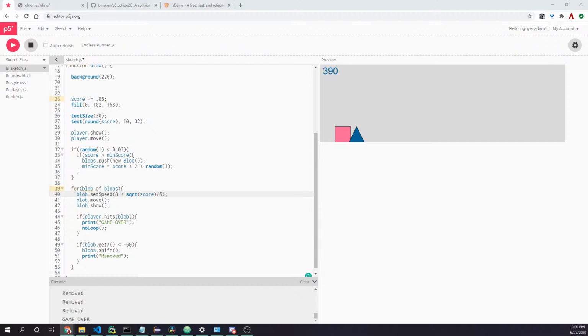Scratch video. What? Is there a comment saying scratch video? TT says he wants a scratch video. A scratch video? Can I ask why? Like, to be quite honest with you, why do you want a scratch video? Look, there's nothing wrong with it, you know? There's nothing wrong with Scratch. It's a good beginning language to start out programming, but